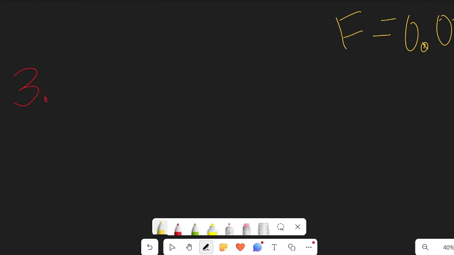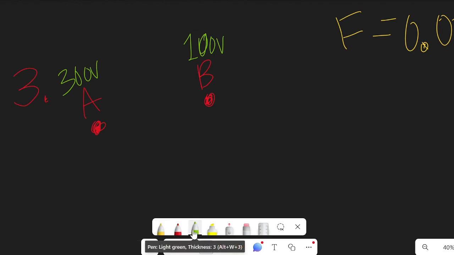We'll stick with our point example because I like using the point examples for this. So let's say we have 2 points, right? Point A, point B, right? And then just to keep with consistency from last time, let's bring back that point A is 300 volts, point B is 100 volts, right? So now we have to calculate using this, right? Let's say that the distance between A and B,